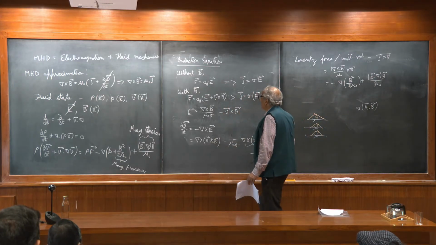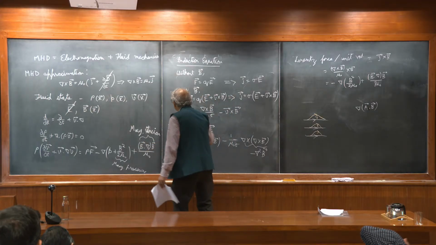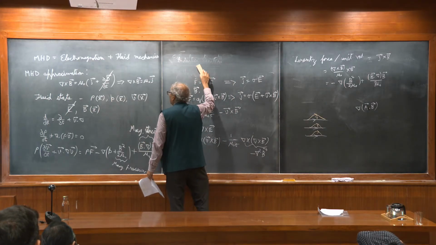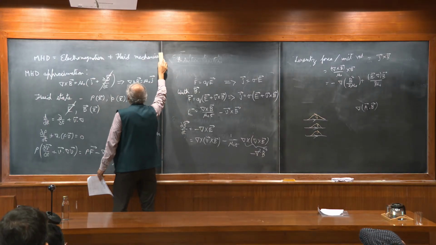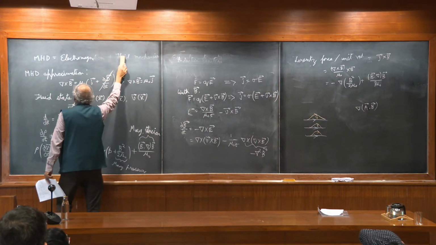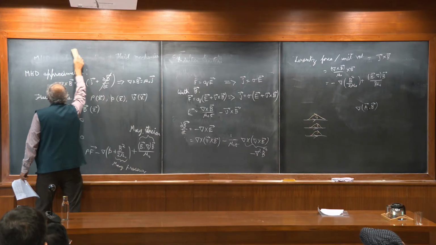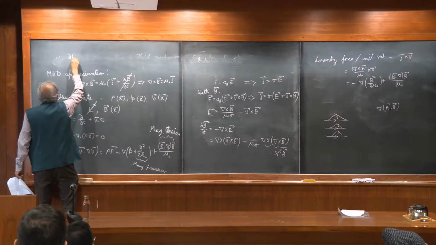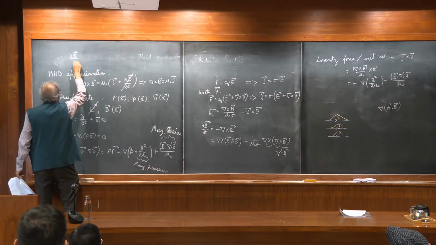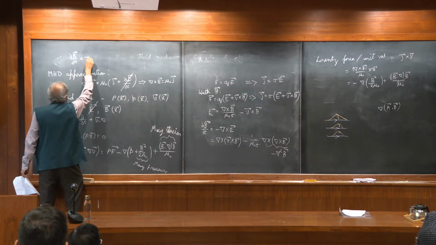So this is our induction equation, and since I have no space here, let me write it at the top, because this is the most important equation for us. Induction equation del B del t is equal to